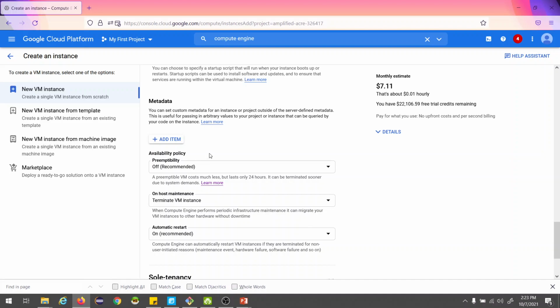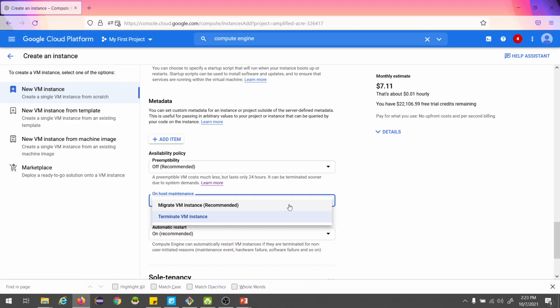It means whether you want to use this VM as preemptible, yes or no. By default it is off, so I am keeping it off. For host maintenance, when the physical server goes for maintenance or an update, you choose whether to terminate the VM instances or migrate them. I am going for migrate VM instances, because if we choose terminate VM instances, I would have to keep preemptibility on. So this is migrate VM instances.